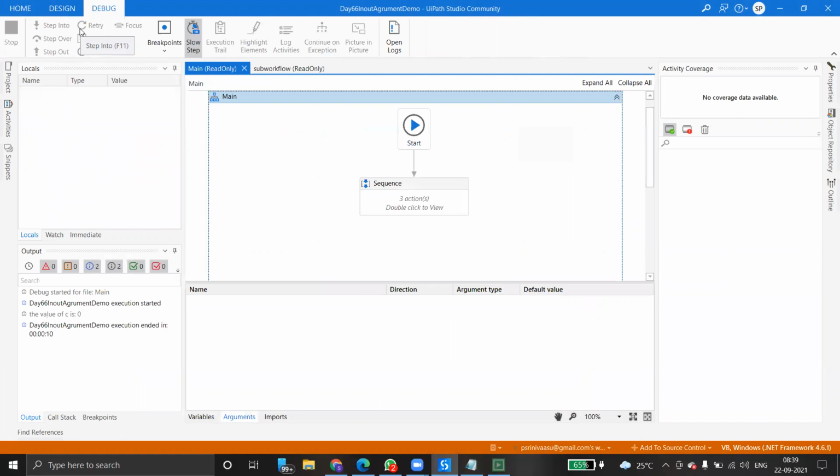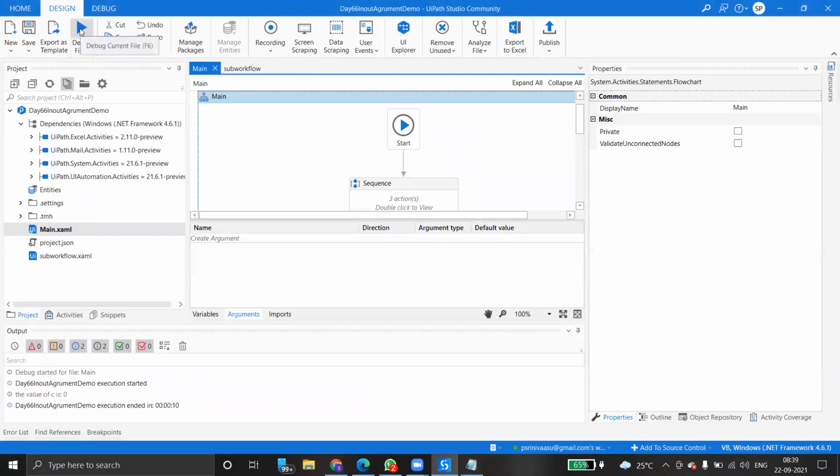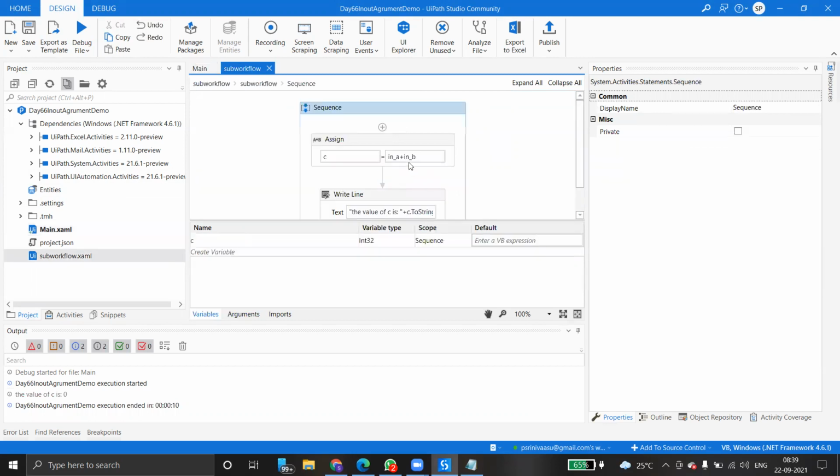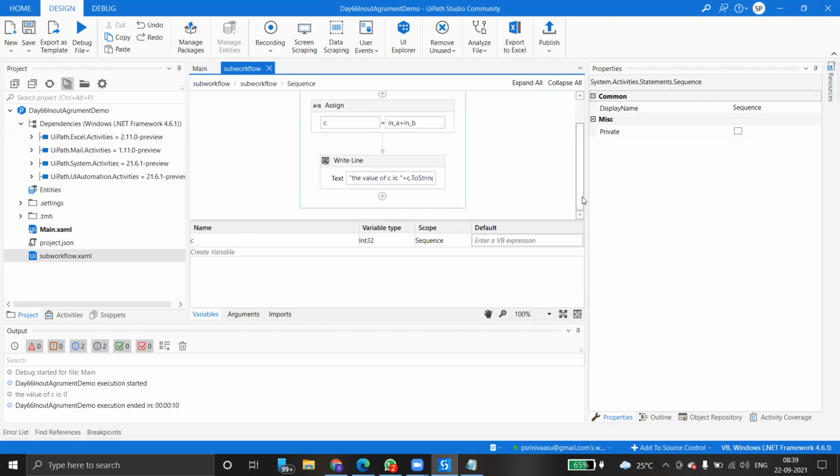Okay, in underscore A, in underscore B. It just invokes the sequence of the sub workflow. This is a sub workflow. Just take in underscore A, in underscore B, get the value and print the value over here. Okay, but still it is taking 0. That I will troubleshoot and I will let you know tomorrow.